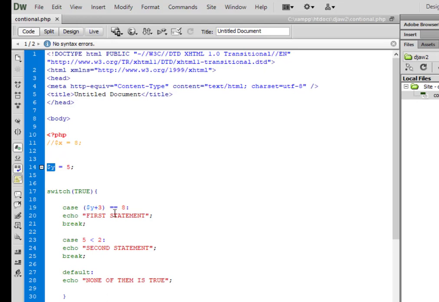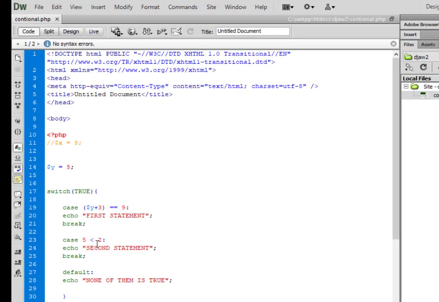Okay, already we had the first statement. Now if we change this to 9, so it is not true that these are equal, it changes to none of them, because none here is true. None is true here. 5 is not less than 2, and 5 plus 3 is not 9. So if we change this to false,